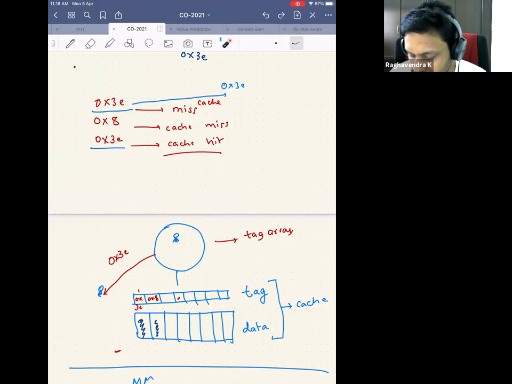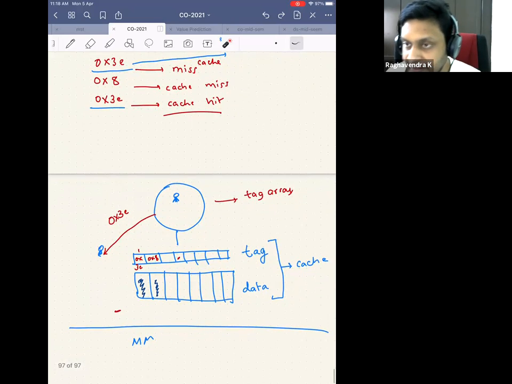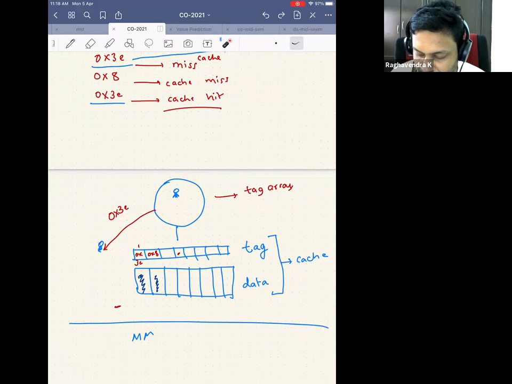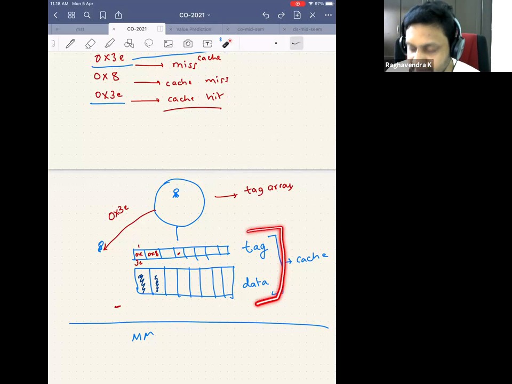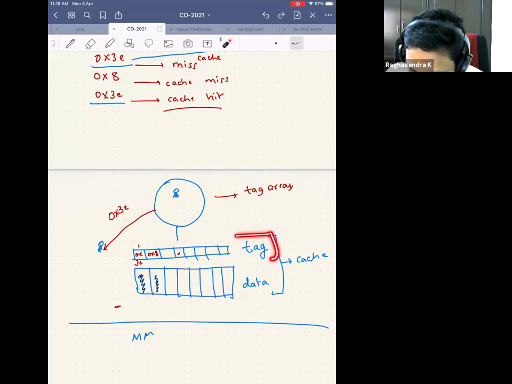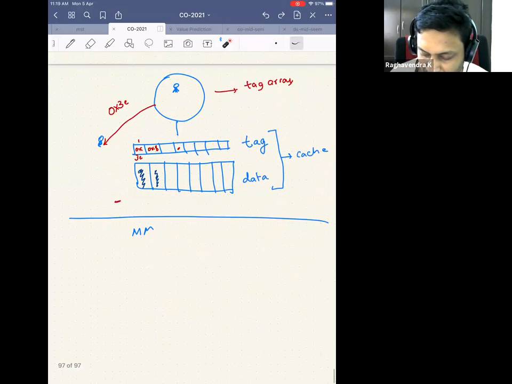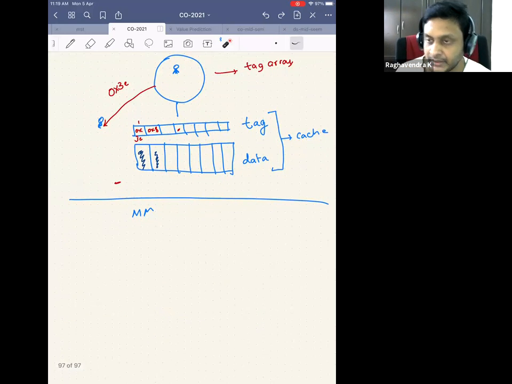Okay, but before moving away from all those things, I hope at least the basic premise of the cache is clear. So the question is, why do I need a tag? In this course, as I keep saying, we will not add anything where we are not convinced. It's not because Intel told me to add a tag. We have convinced ourselves that we need a tag, or else there is no way to figure out what address I'm storing. You should convince yourself that this particular hardware is required. If it is not required, it is not in our design, because this is our CPU and we can do whatever we want. Okay, so if this is clear, go ahead.